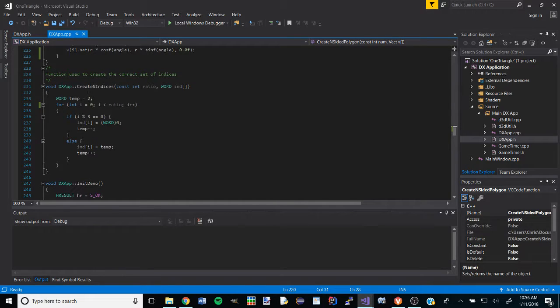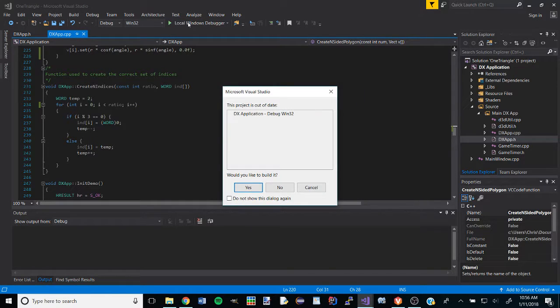And then the create indices just goes down and fills up the indice array with 0 followed by increasing numbers. So if we run this,